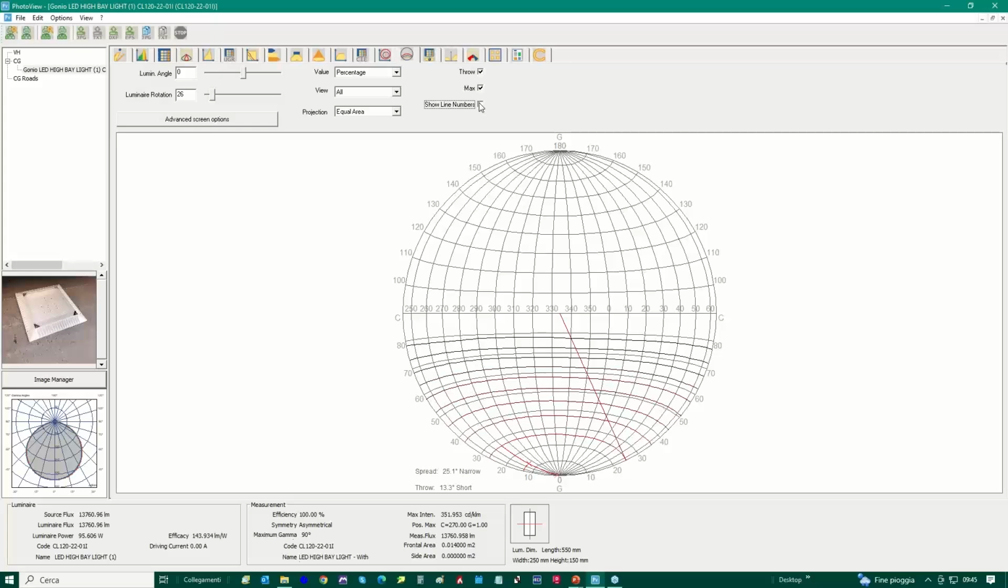line and numbers. The line numbers, the numbers over the lines. Then next,